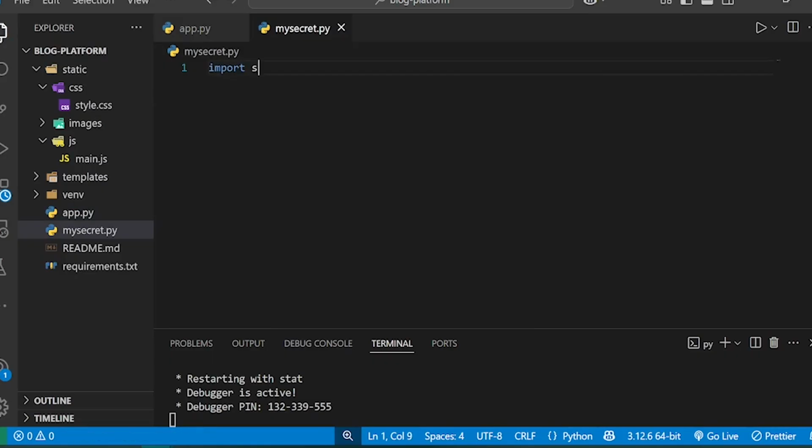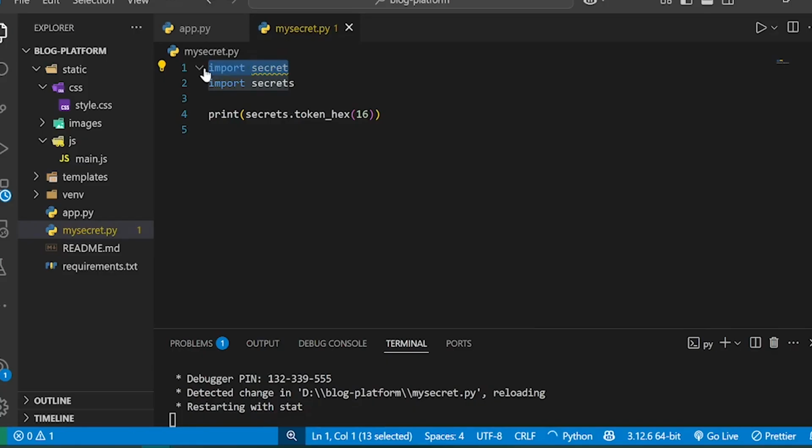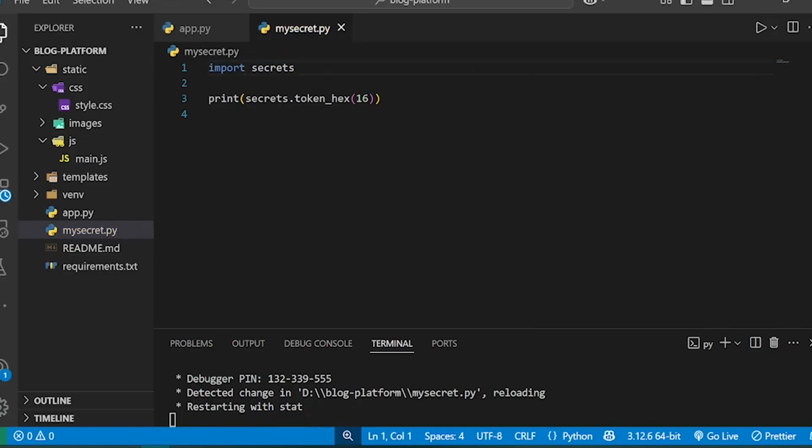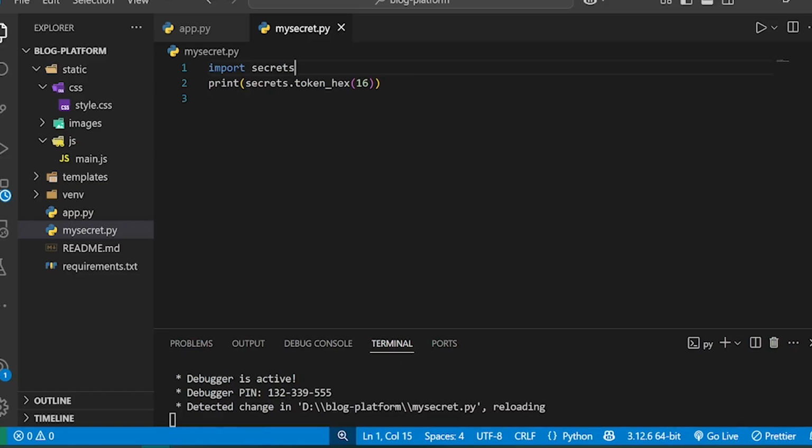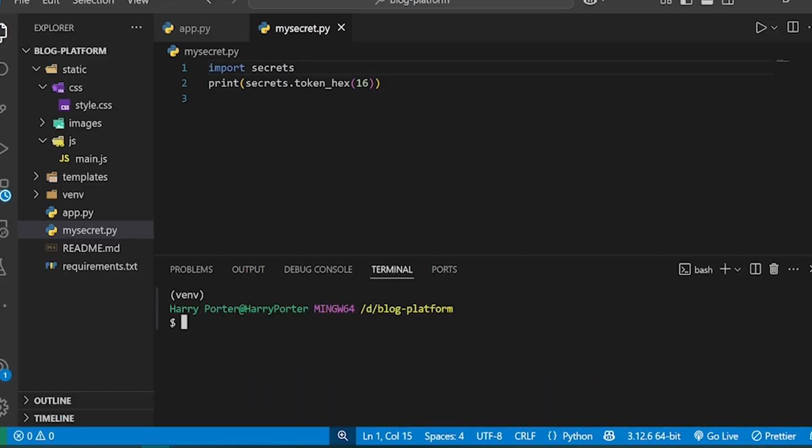You have to import secrets, sorry, it is secrets, not secret. And now you need to print secrets.token_hex(16). So if you print this, you will get your unique secret key. So let me stop the server so I can print my secret. So py my_secret.py and run,